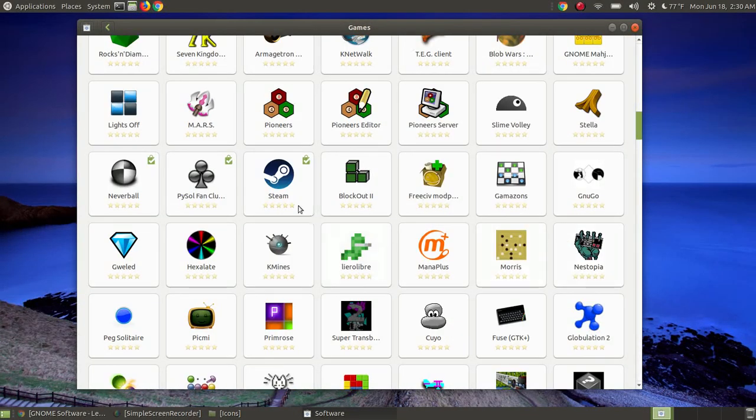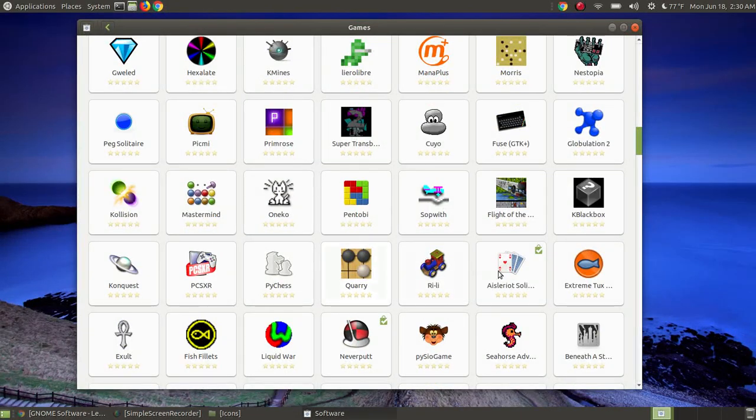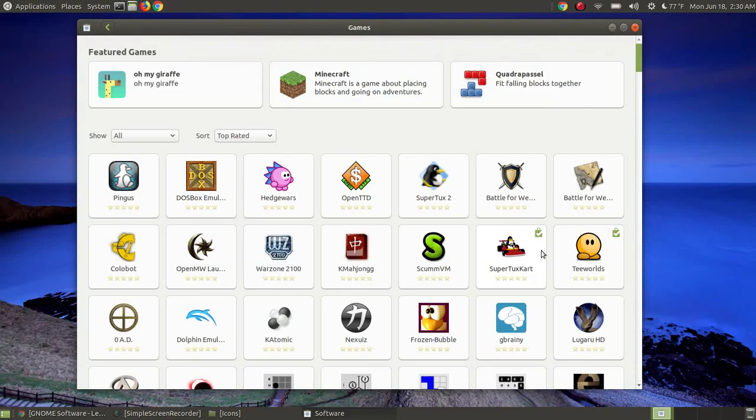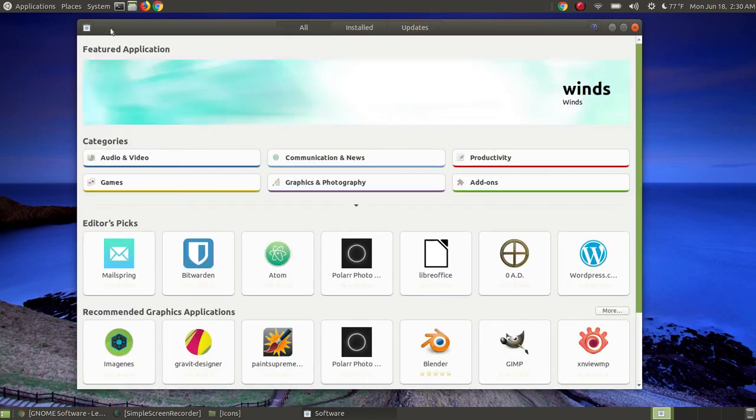I'm not much of a player. I have Steam, I have Neverball. Some of the things that I have installed, you can see the Solitaire group of games is installed. You have that little package with the check mark. So as you're scrolling through, you'll know whether or not the software is installed on your computer by looking at the icon. If you want to look at all the installed files, you can click here, and it